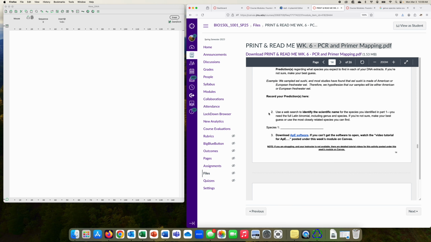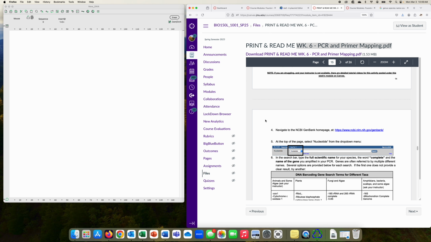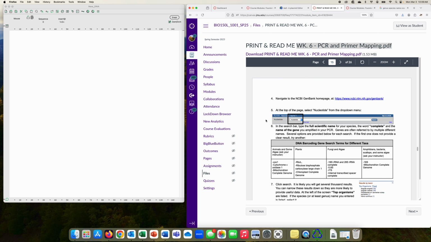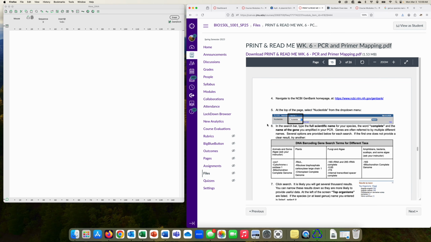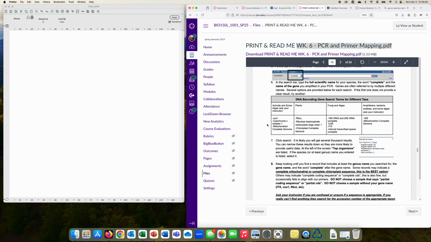So the next part of the activity, if you follow in the lab manual, is you navigate to this NCBI GenBank homepage. So I'm going to go ahead and open up this link here. Alternatively, you can just Google NCBI GenBank. You'll see a screen that looks something like this, and you want to make sure that you have nucleotides selected from the drop down here. Now, once you have that set up, you're going to follow the instructions in the lab manual that essentially tell you to look for